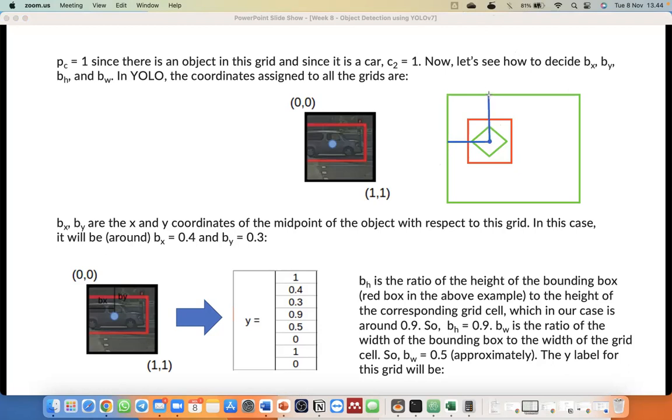So the Px will be the ratio of this line compared with this line. Let's say we have a Px here. Px will be the ratio of this line compared with this line, because we have a grid right here, right?